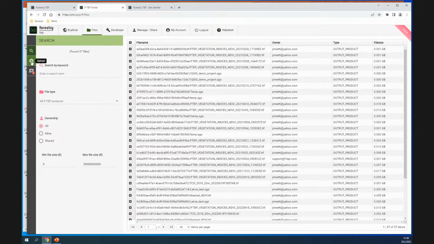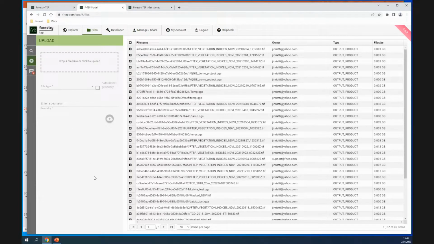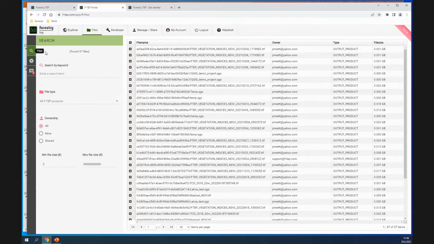But then you can combine that with your own data by uploading your own data. So if you want to upload your own data into the platform, you can click this plus button and then just drag and drop the file here and click this upload button. This feature we will not try today, actually.